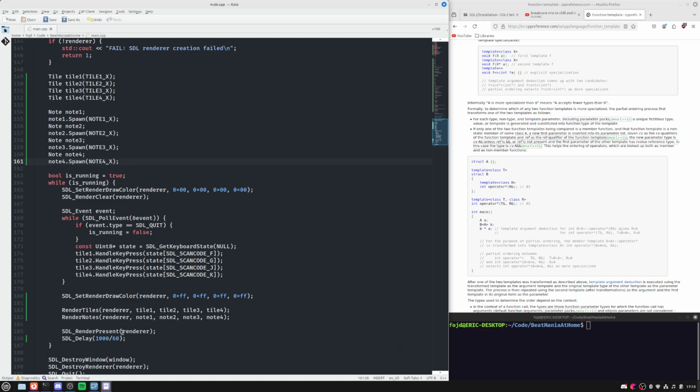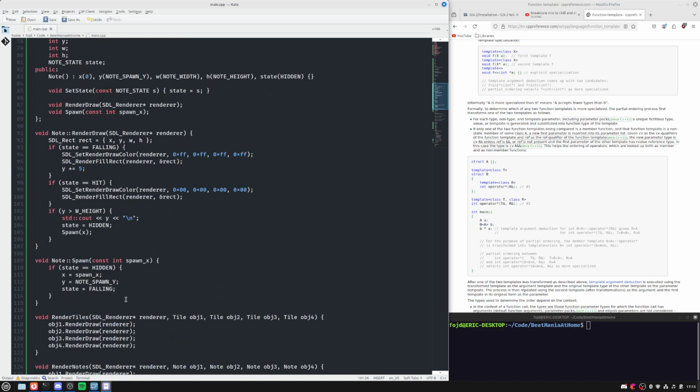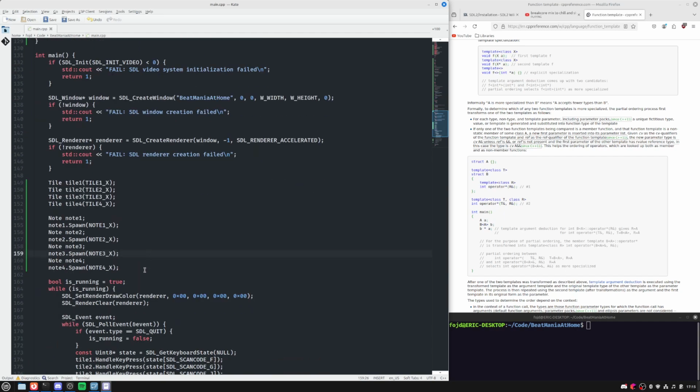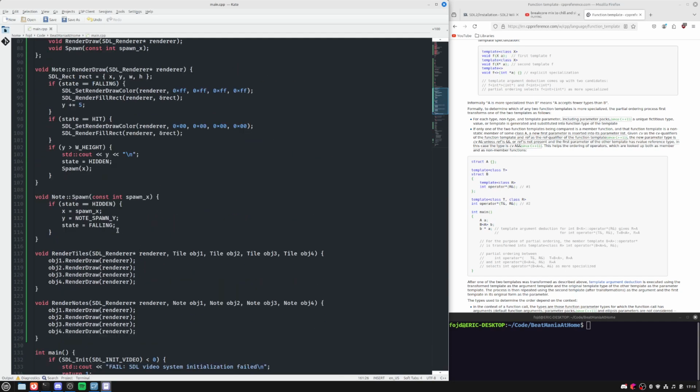So I did spawn. Since I did spawn, at first the state is hidden, then the state should be falling. And once it starts falling, okay, one thing at a time. Spawn makes the state fall, and then here